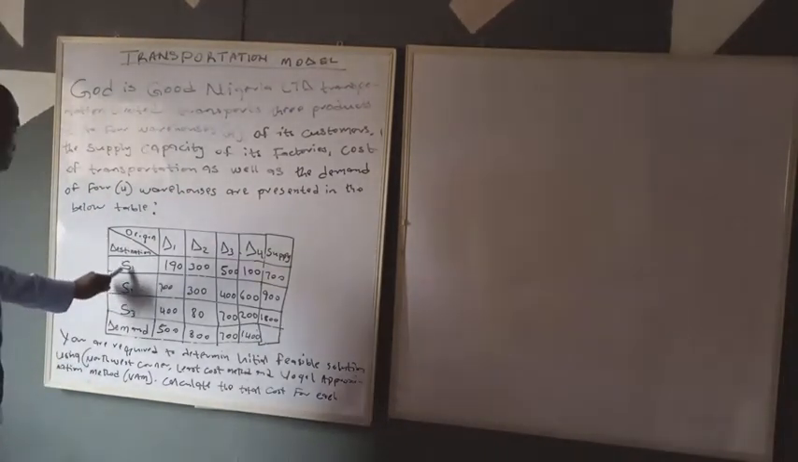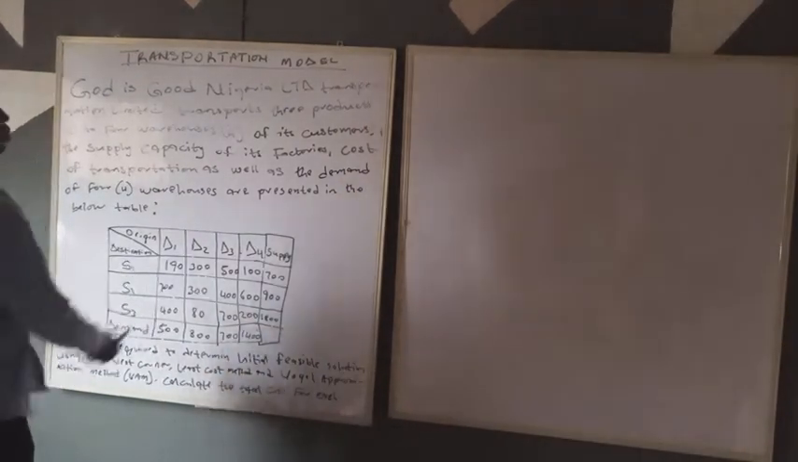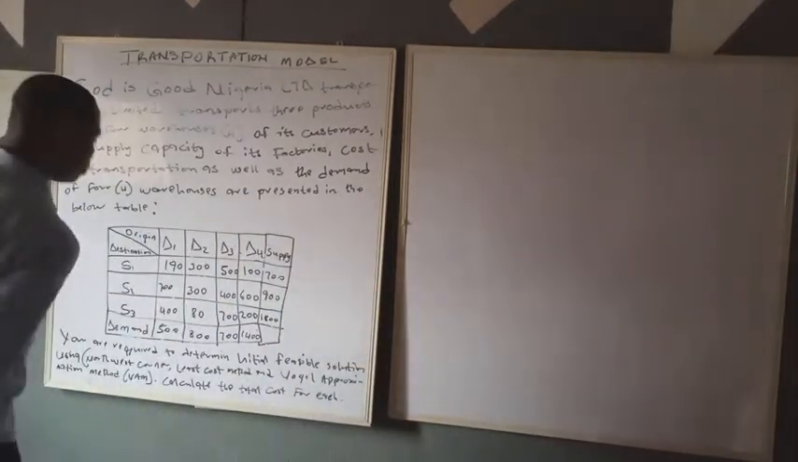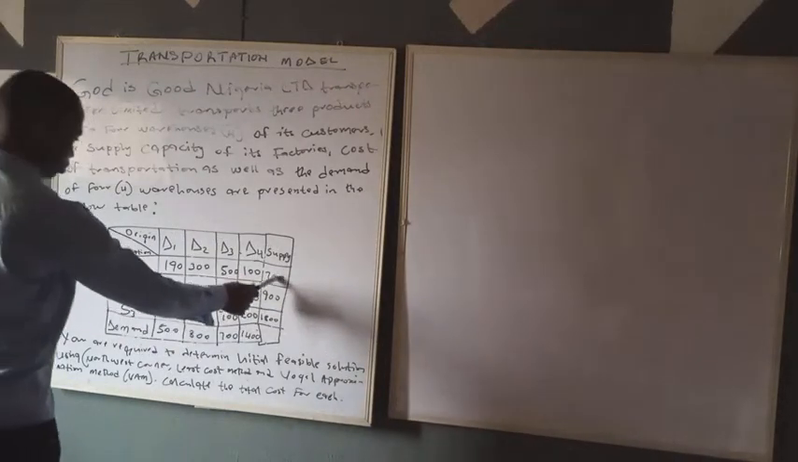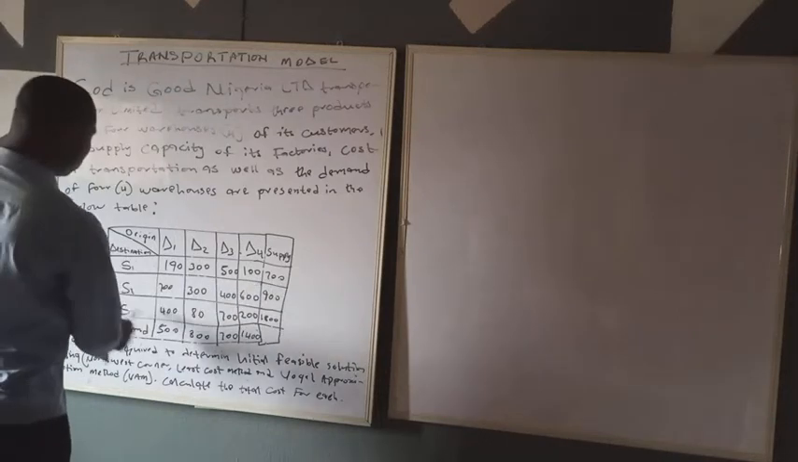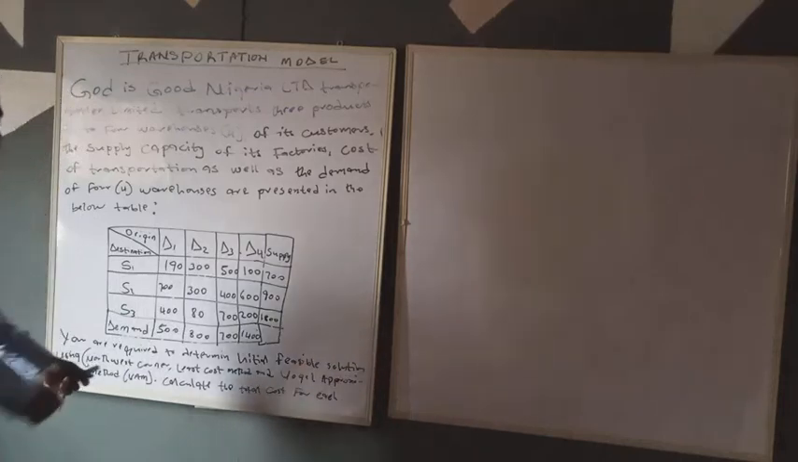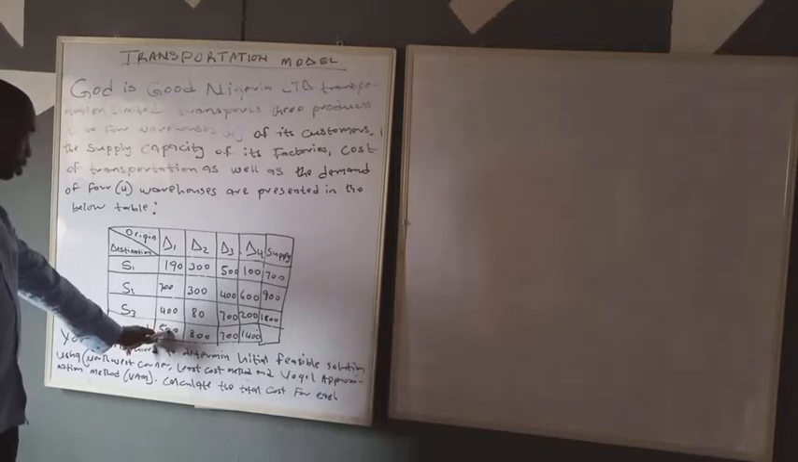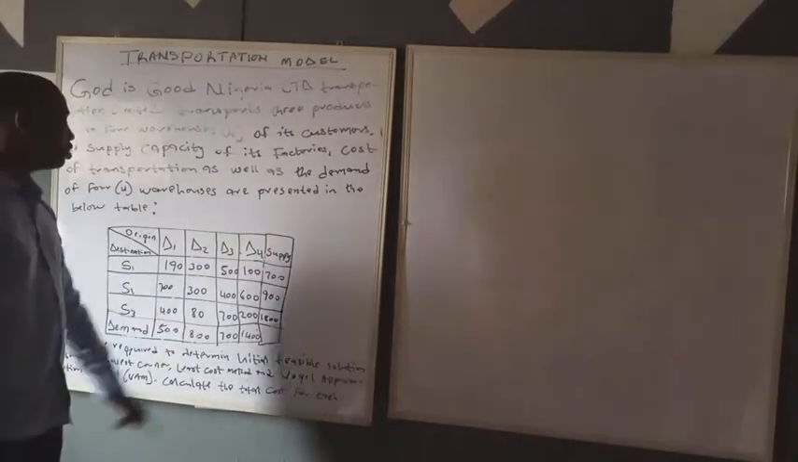So this is the table. This is the supply. We have supply 1, supply 2, supply 3. These are the factories that are producing. Then we have demand 1, demand 2, demand 3, and demand 4. These are the warehouses that they are taking it to. Then this is the total supply. Factory 1 can supply 700, factory 2 can supply 900, factory 3 can supply 18. Then demand also: demand 1 is 500, demand 2 is 800, demand 3 is 700, and demand 4